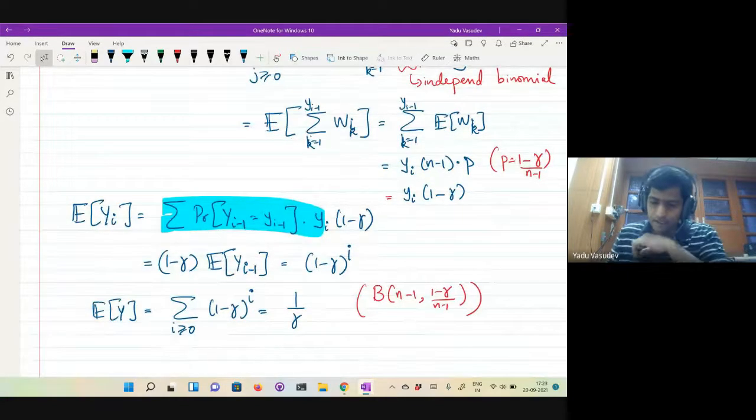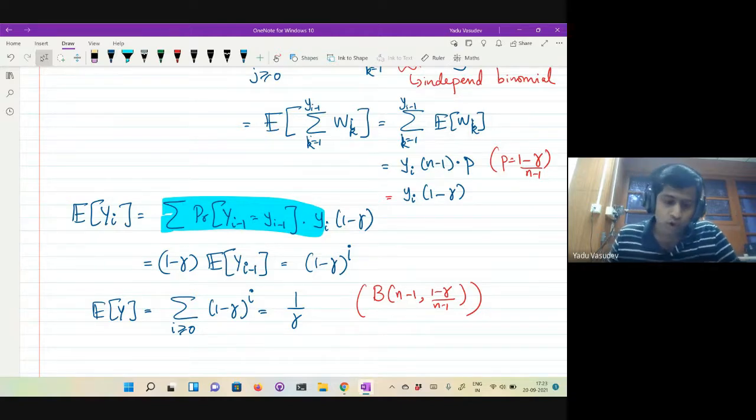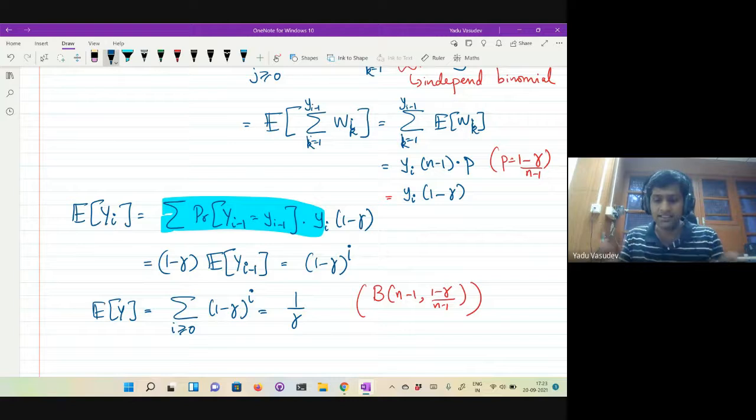Good. So even though the branching process can potentially have an infinitely large tree, the expected size of that branching process is just 1 over gamma, right? It's a constant. So what this means is that if you have a graph chosen from the Erdős-Rényi process, and you assume that the number of neighbors that you see when you do the BFS is a binomial random variable with parameters n minus 1 and p, then the expected size of the component is a constant, right?